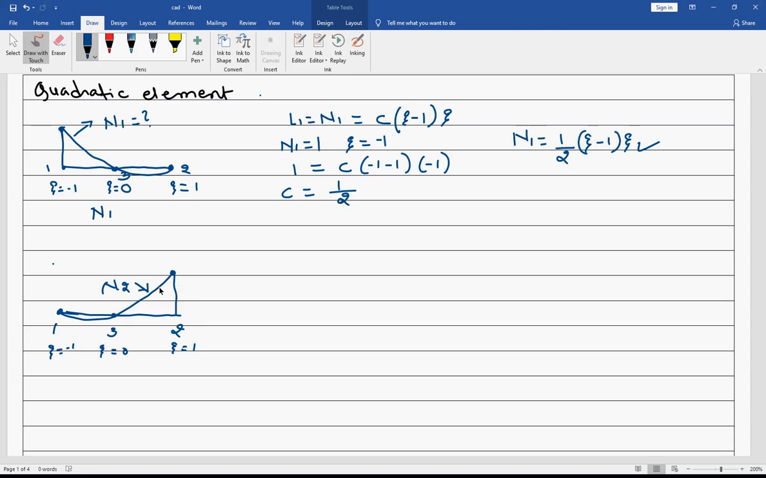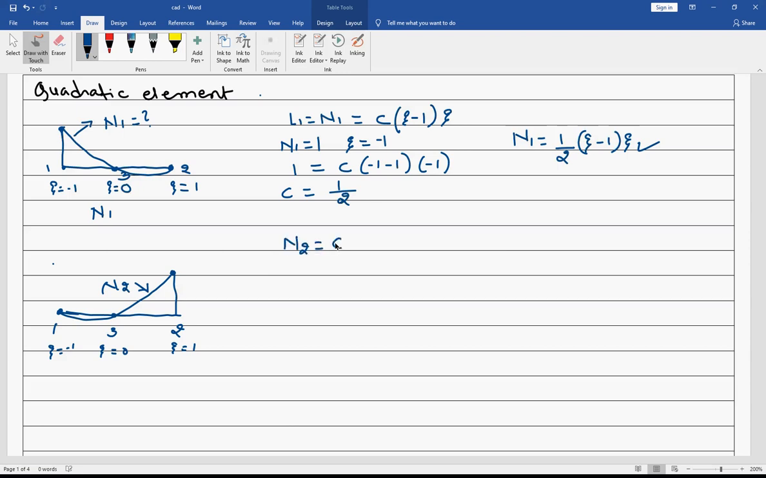So this is my N2. You could see from both the figures that N1 and N2 are behaving quadratically. They are not linear. In first order element we drew the linear line because it had 2 points. Now it is having 3 points. So from this I could write